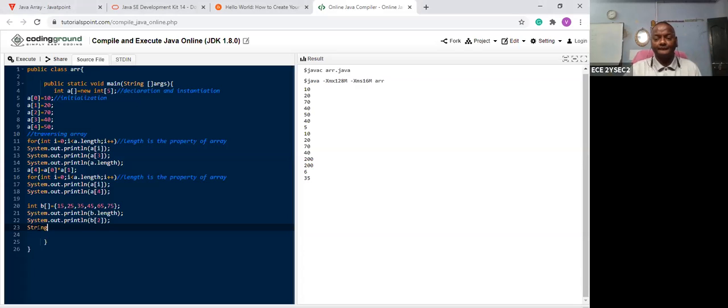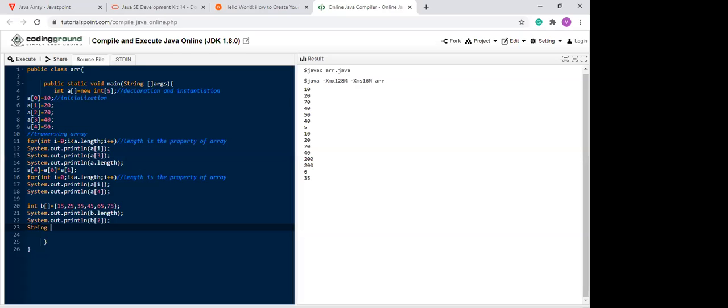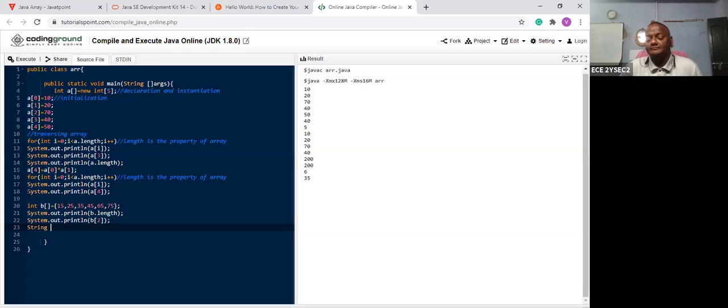Okay, next. What is the syntax of the array? First is the data type, next is the name. What name do you want to prefer for this array? Tell me one variable. What is the variable you want to assign? Tell me any name.